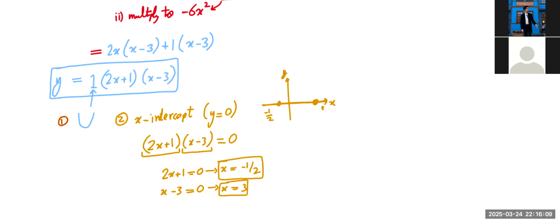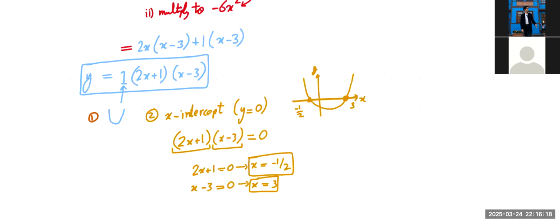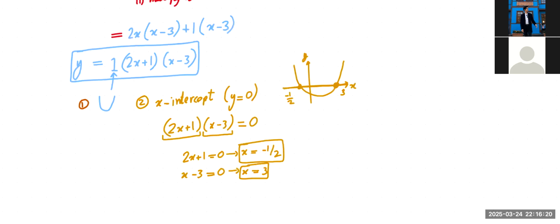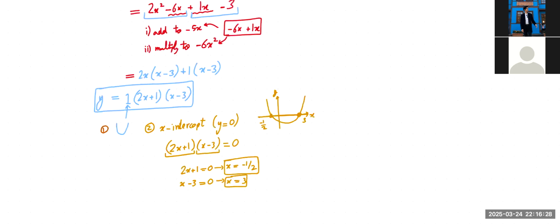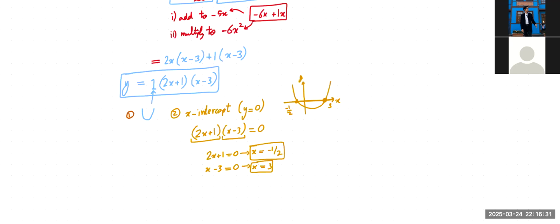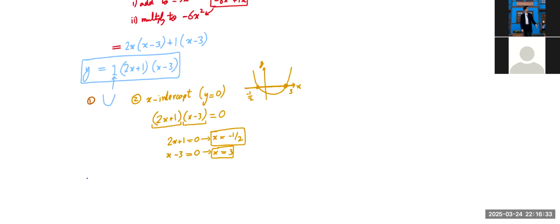Since it's a U-shaped graph, you can safely draw it as the most perfect U that you can draw, right? I couldn't have done better than that. And that's it. The unfortunate thing is this is all you can find directly by using this form, okay? However, of course, if you do a little bit of handiwork, you can find out some other things. For instance, extra stuff